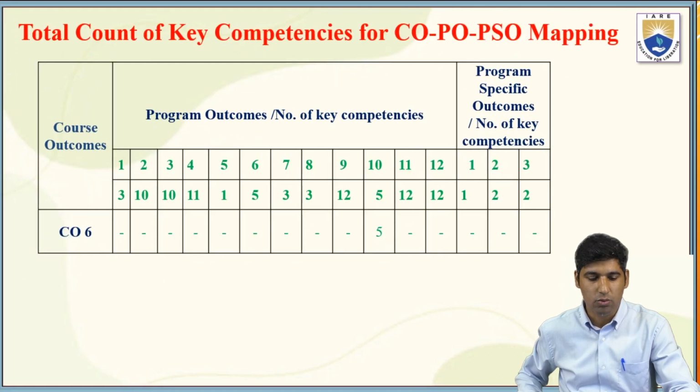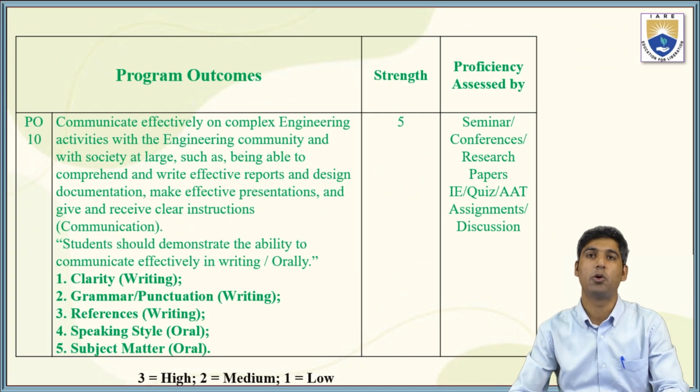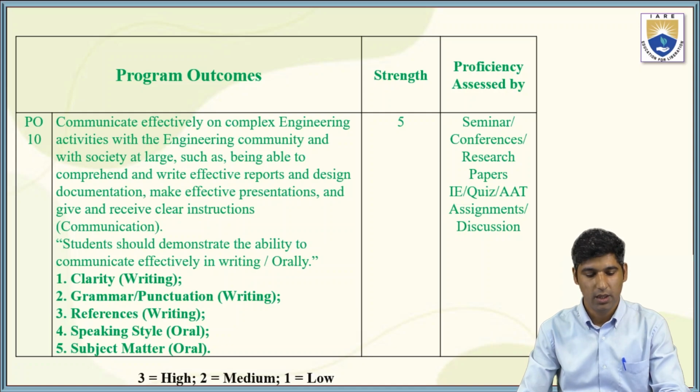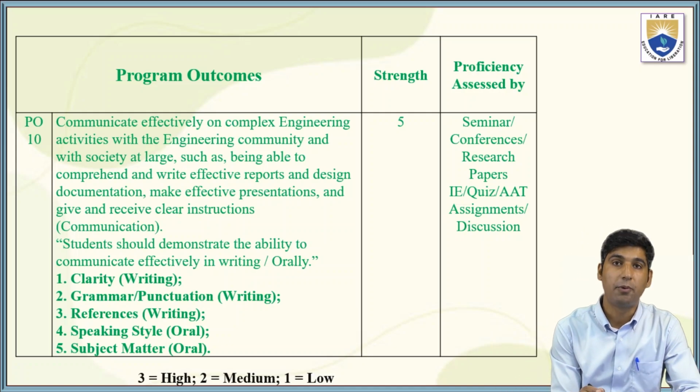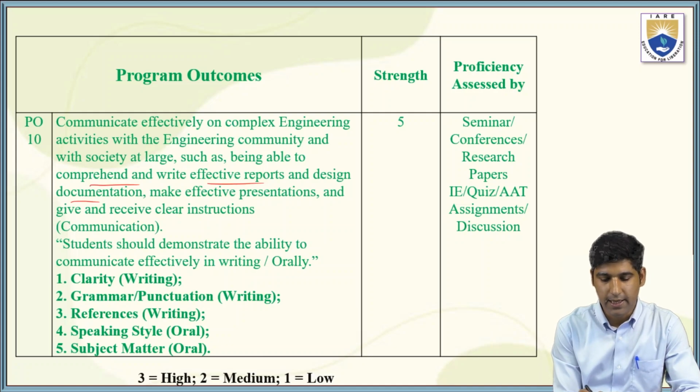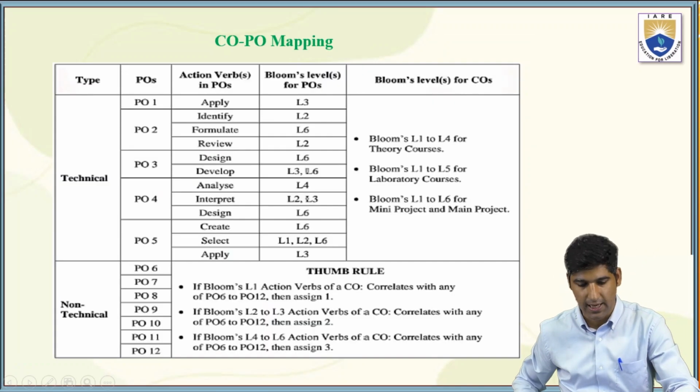I have shown you how course outcomes are aligned with the program outcomes. These are the program outcomes. The program outcome is to make you speak effectively within the engineering community and within society at large. Your program outcome wants you to comprehend and write effective reports, design documentation, and make effective presentations. Now see, if these are the requirements, if your program outcomes are like this,